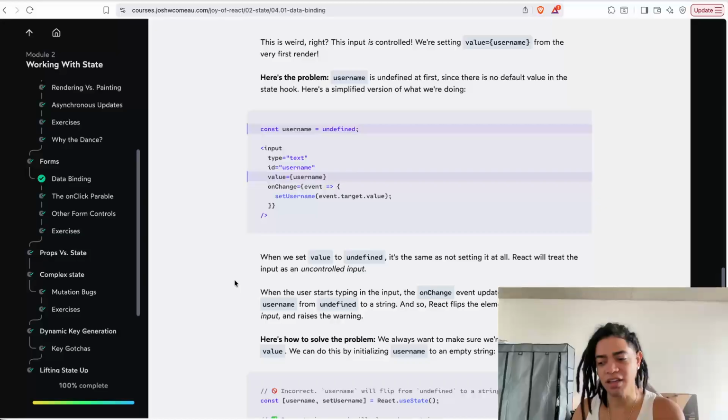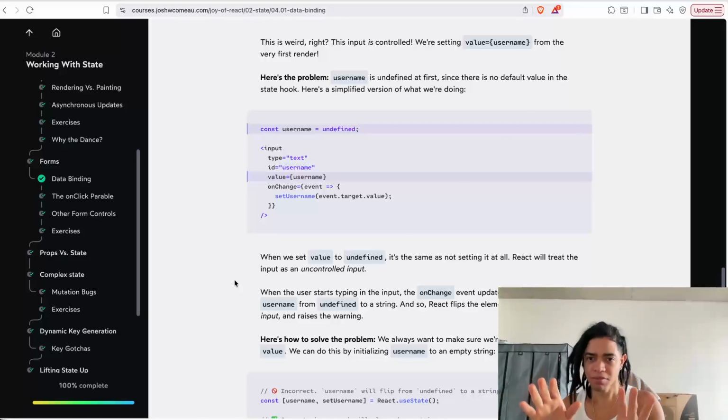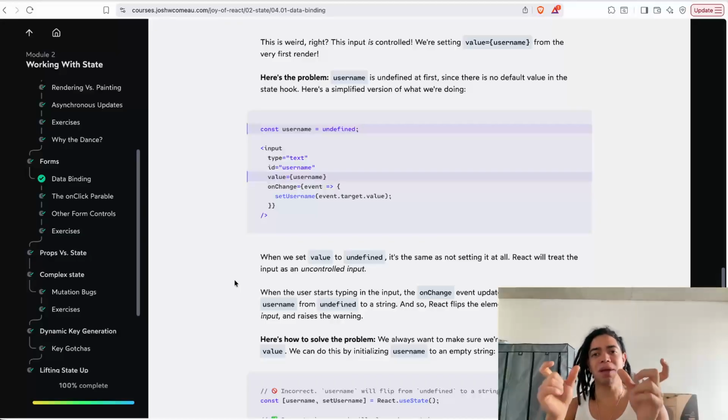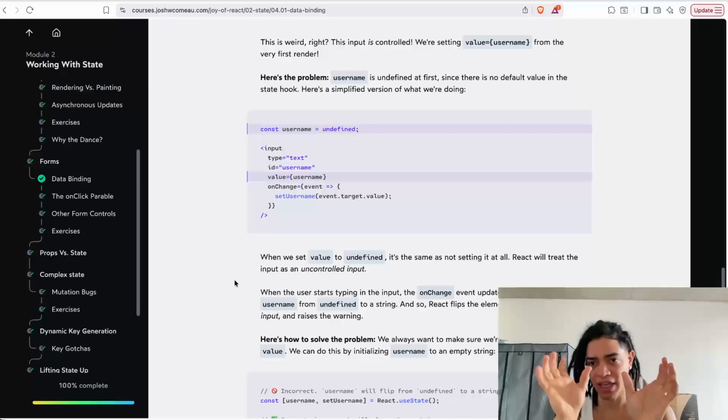And anytime that you need to keep track of complex data, for example objects, always return a new value out of this, right? If you are keeping track of an object or an array, always generate a new state out of this. You may wonder why. Well, ask yourself, how do you make sure that in an object, whether it's a hash or a set or a collection of data, how do you make sure that in those